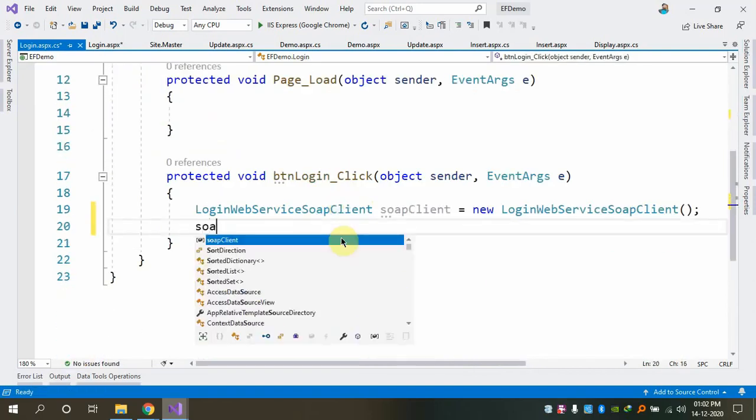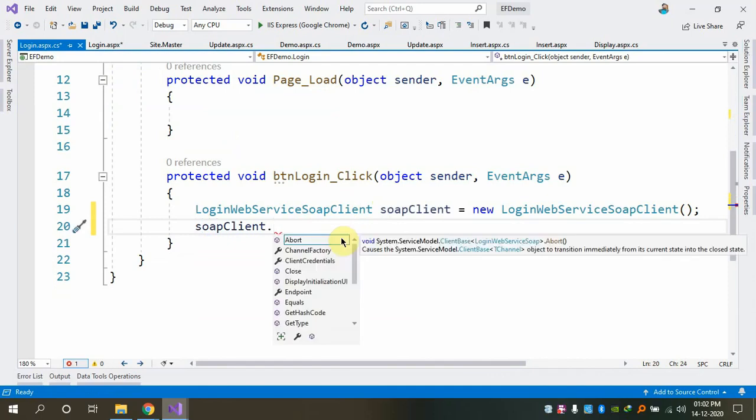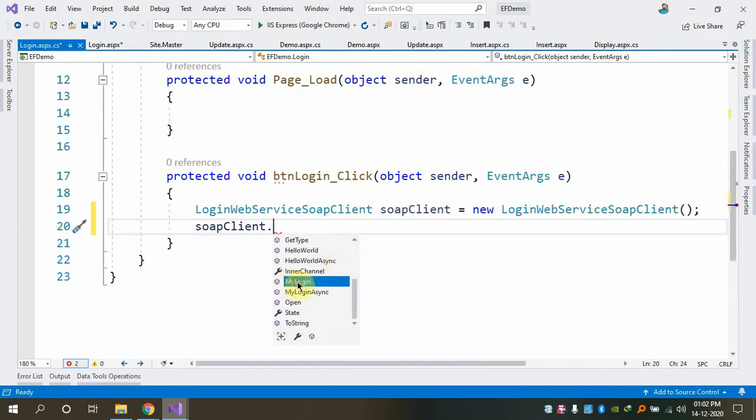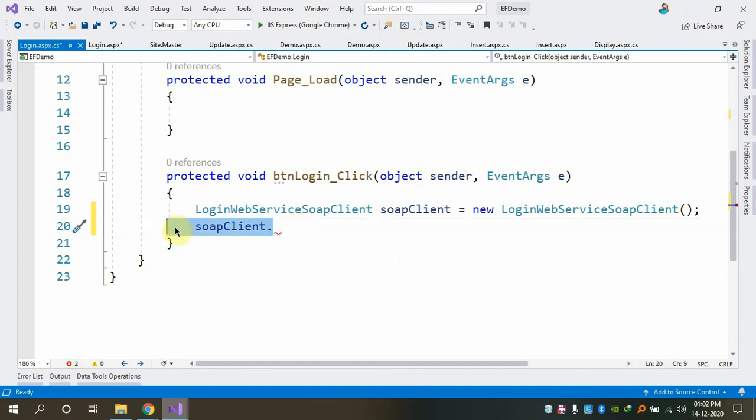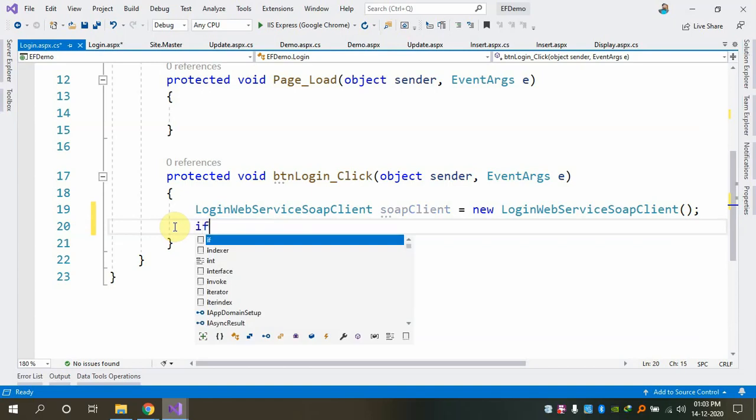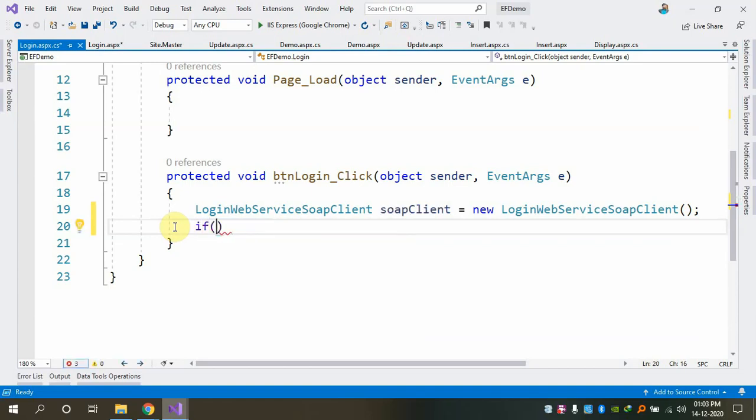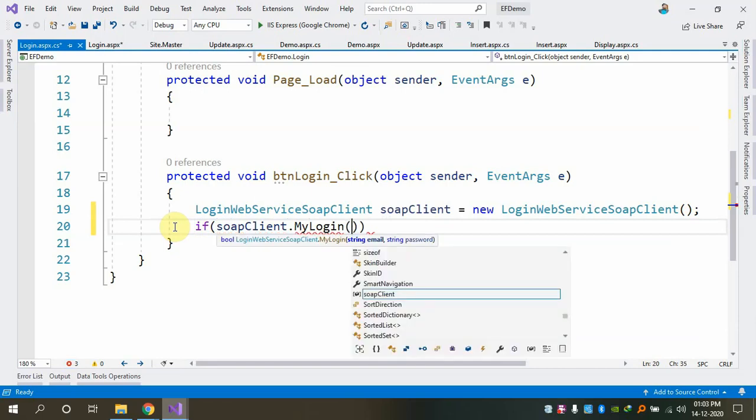And now let me call that soapClient and then put dot. Let's see whether I get what I'm looking for. My method is here, MyLogin. Please note, I did not create that method here in this project. It is created in another project, but I'm trying to call it here. So all I'm going to do in this project is, you already got the data. So I'm going to say if soapClient.MyLogin within brackets,